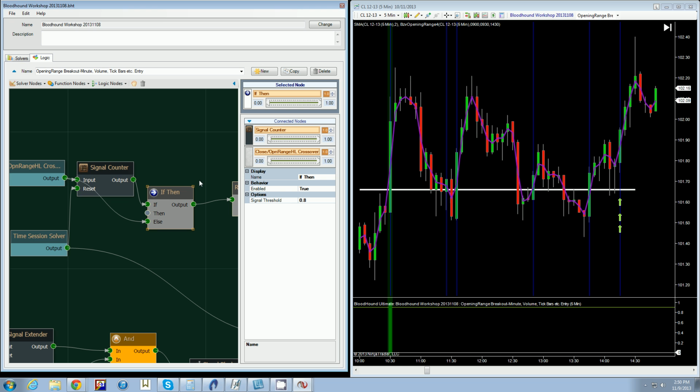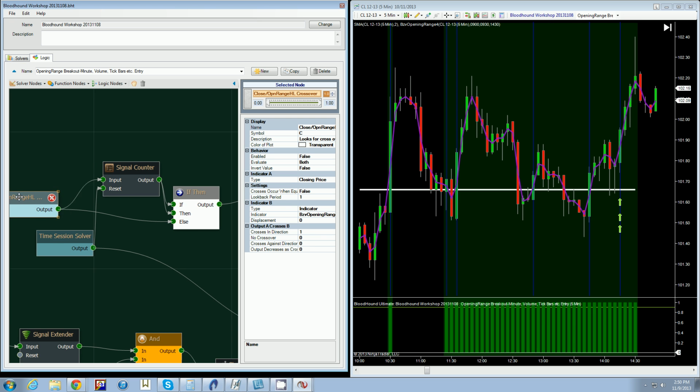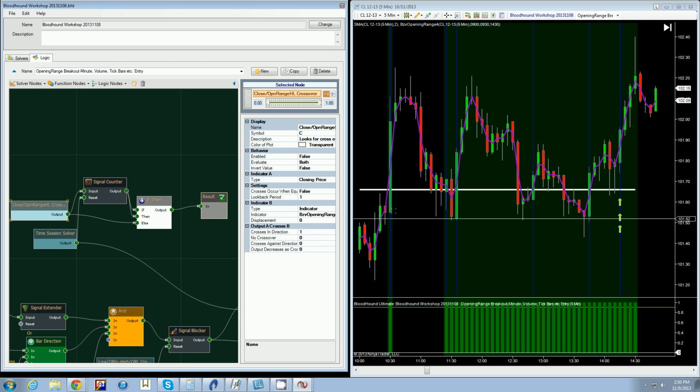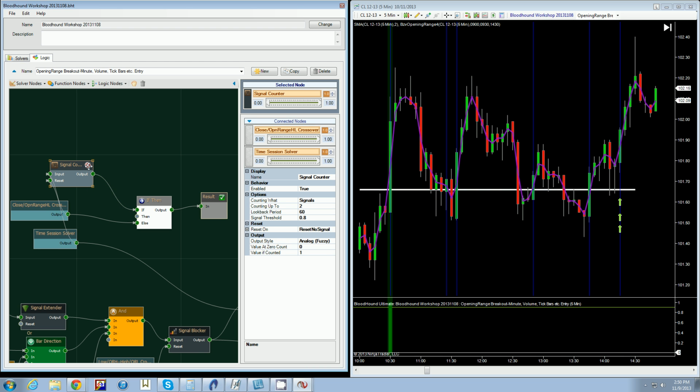So if I were to connect, if this, then this, else this other solver, then it would give us both. Okay, but we don't want that, so we disconnect from the then, and then it gives us exactly what we want. We only get the first signal,